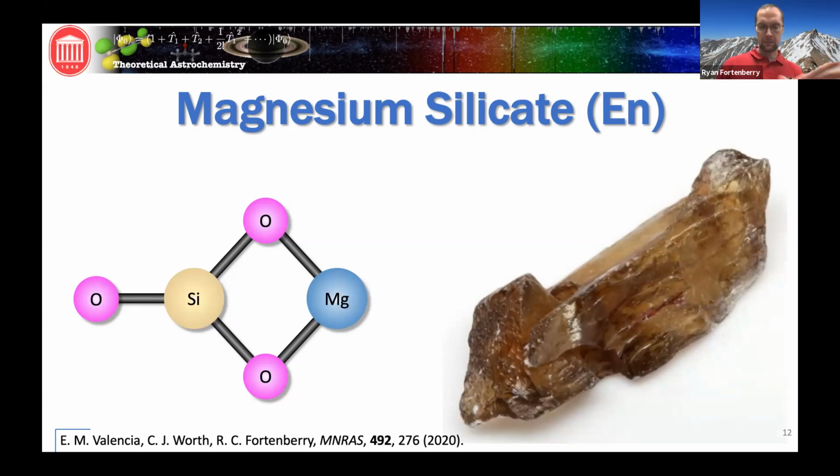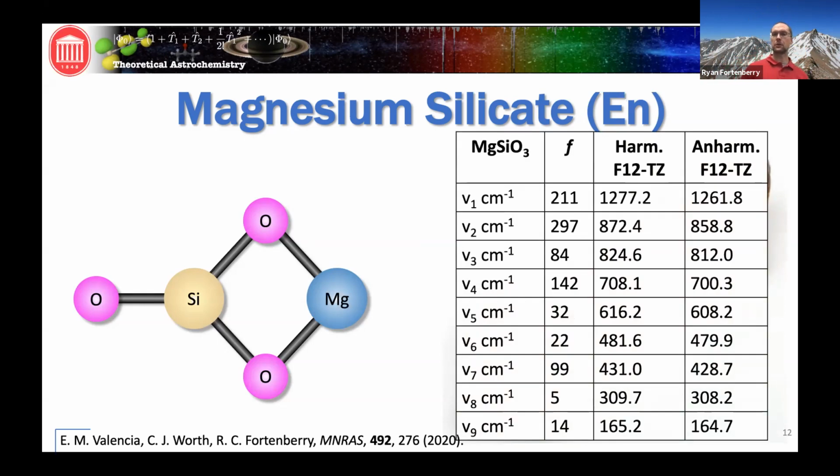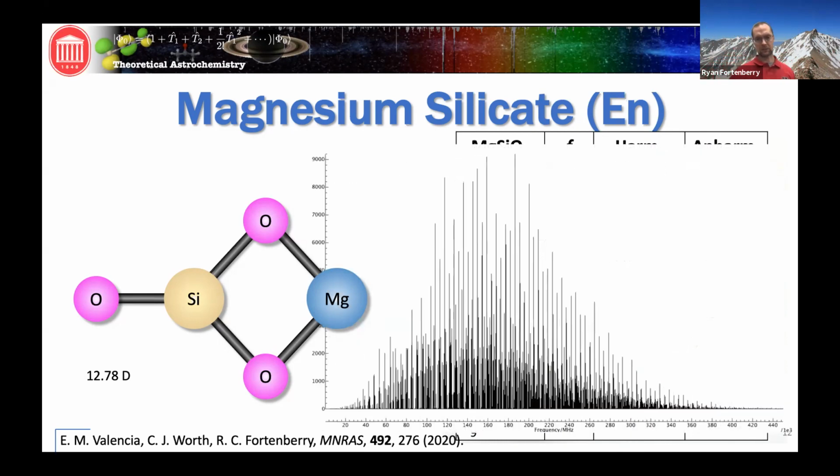This molecule is still small enough that we can use our quantum chemical methods to predict the vibrational frequencies and the intensities. And again, we get large intensities for many of these vibrational modes. It also is highly polar. This makes a whole new set of chemical issues, but it is highly polar. And this means that there could be a rotational spectrum associated with it. And here we were able to simulate that based on the things that we calculated.